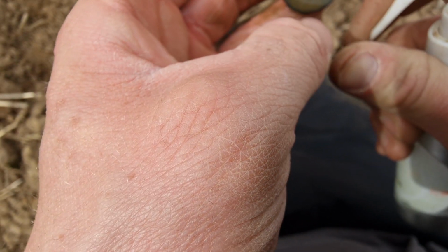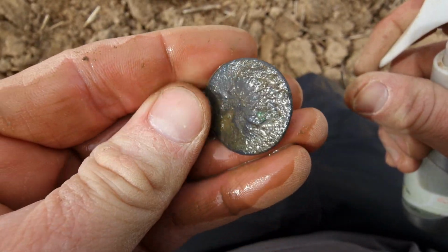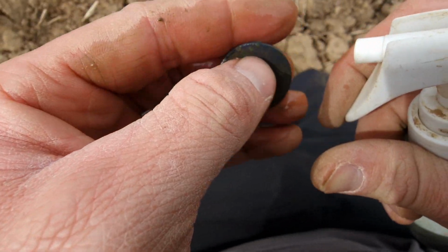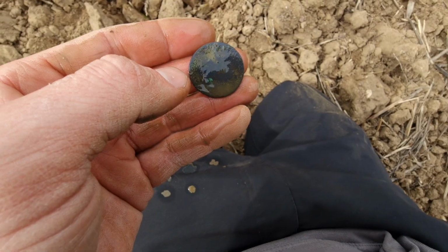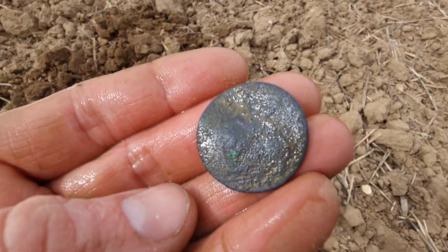This might be over a William. Oh, there we go. We've got a bust there. Sorry, guys, I'm doing it again. I keep holding it off camera because I'm looking at it. Is that Britannia? That's Britannia. Right. Got some detail. We'll have a look. I think, there we go,